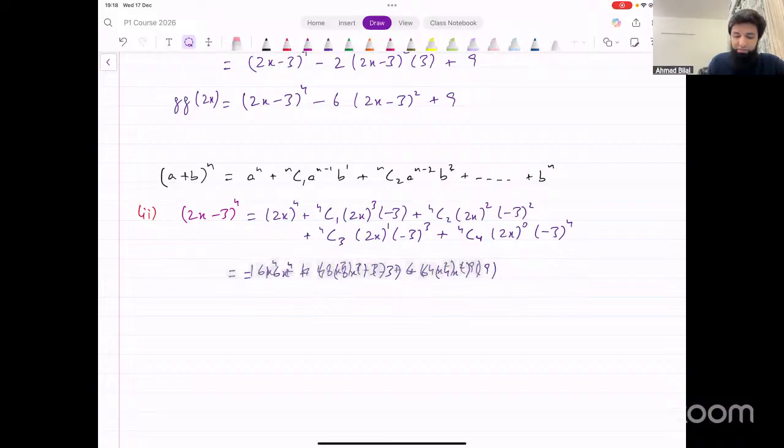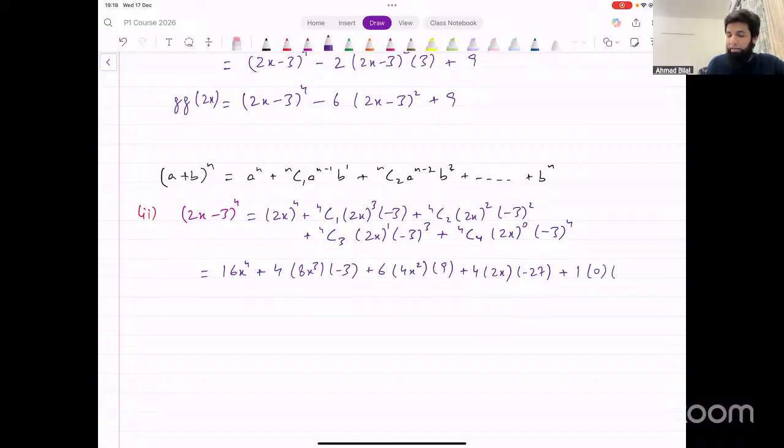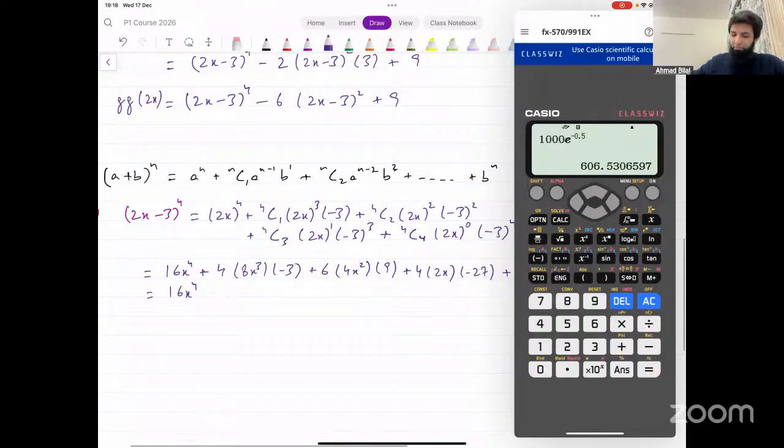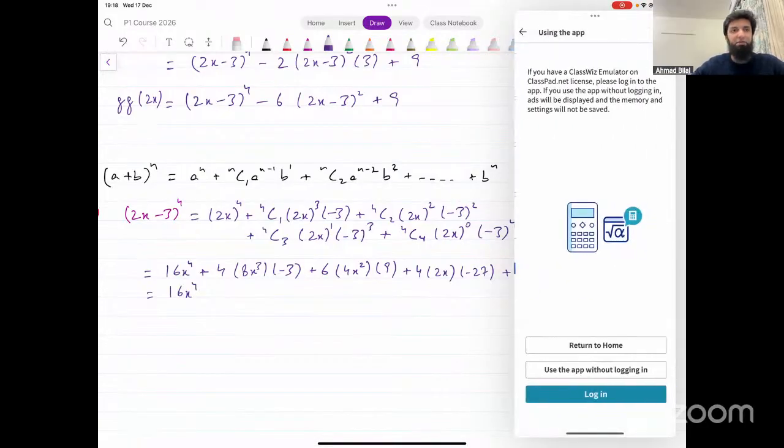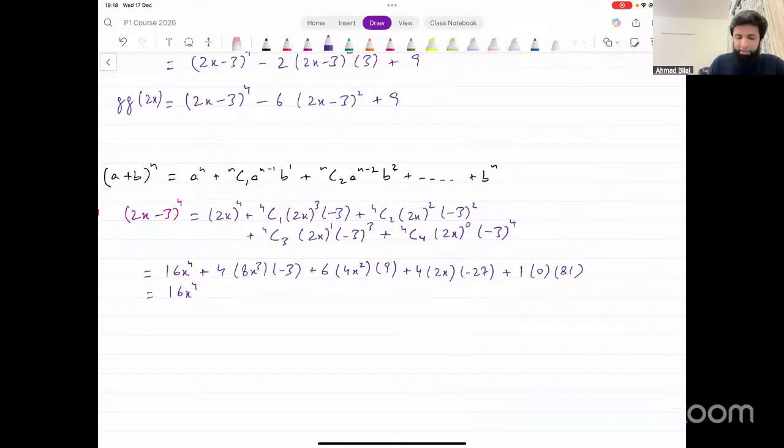And then the rest of the terms, let's simplify them as well. 4c3 is 4 into 2x into minus 27, plus 4c4 is 1, 2x power 0 is also 1, and then minus 3 raised to power 4, that will be 81. Okay, let's simplify this further. This gives us 16x raised to power 4, 12 times 8. You can see what that is. 12 times 8 is 96, right? Minus 96x cubed